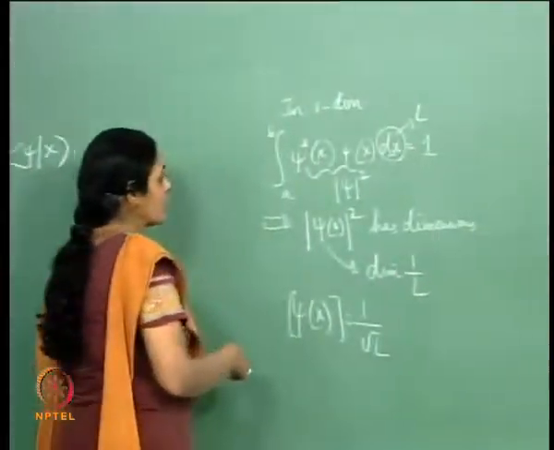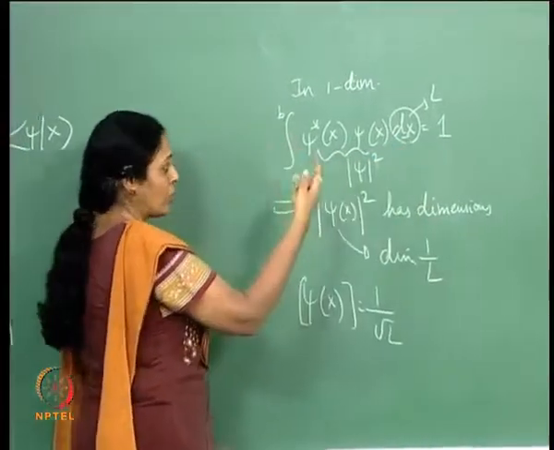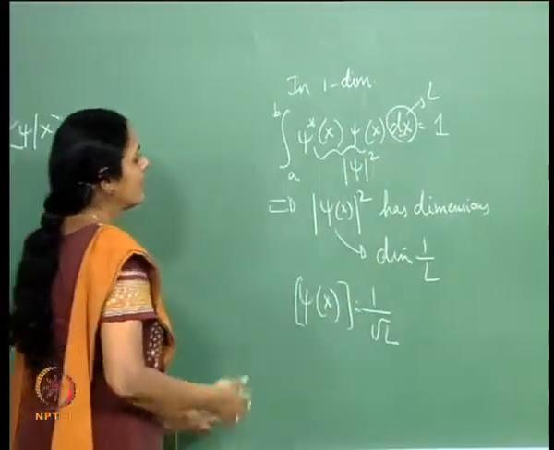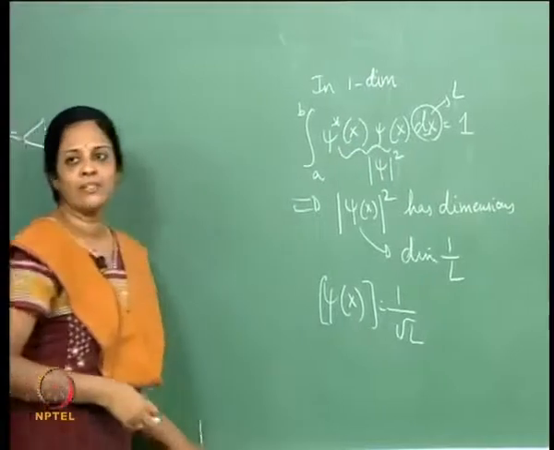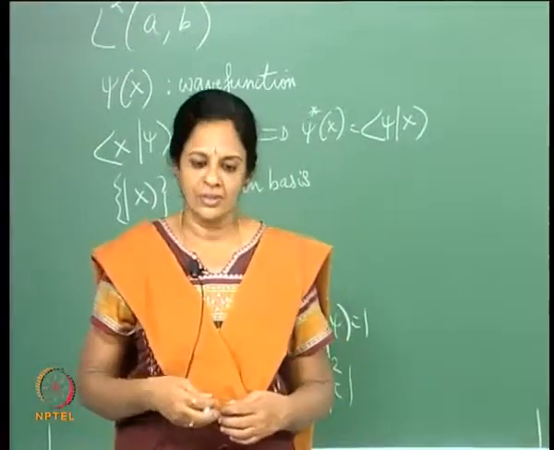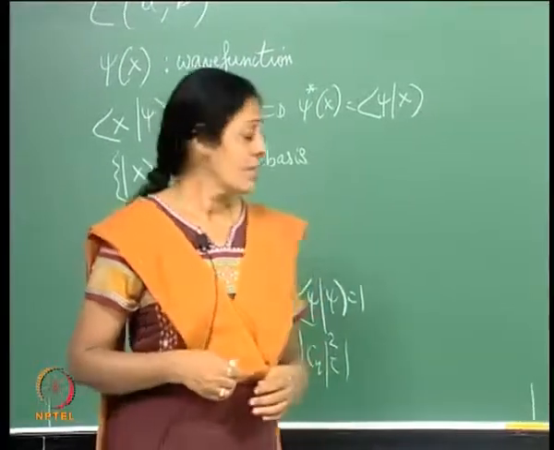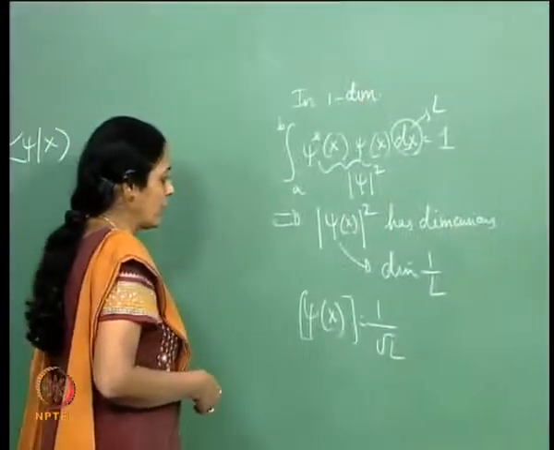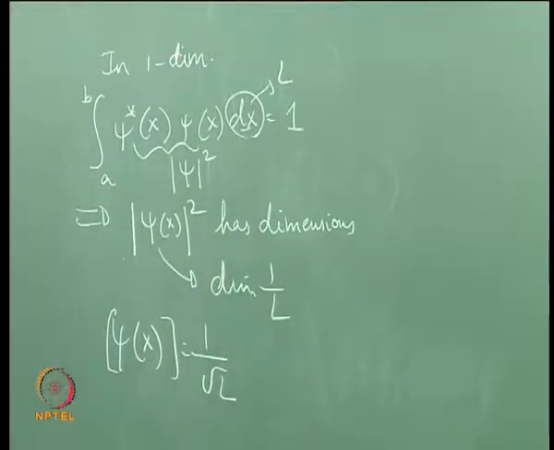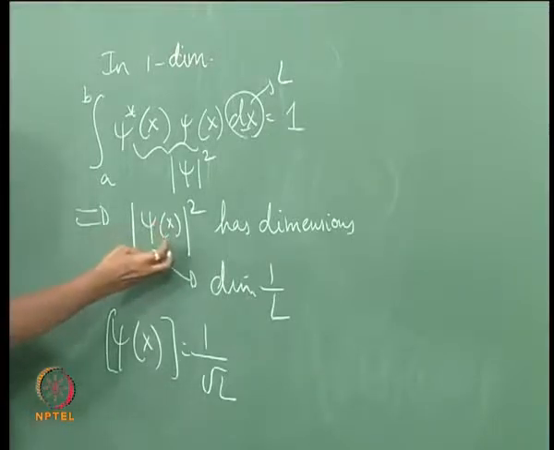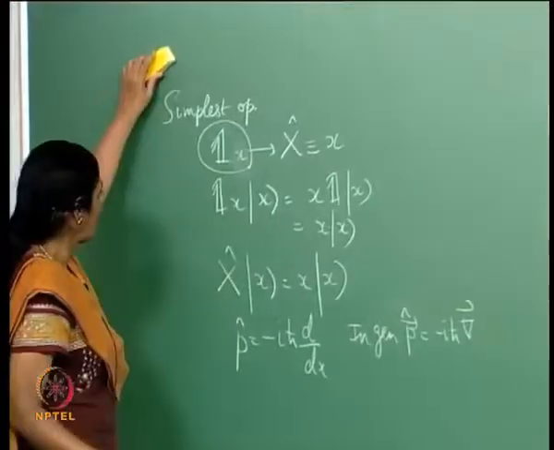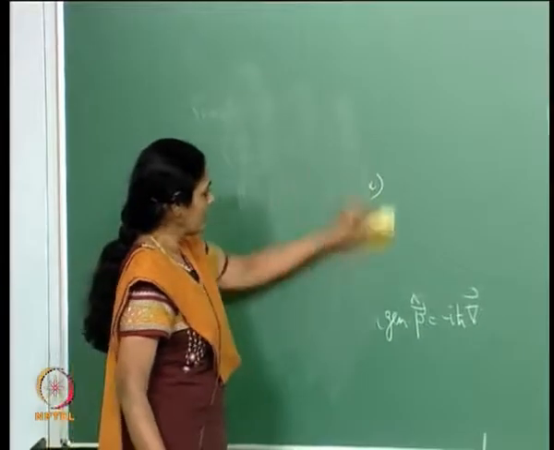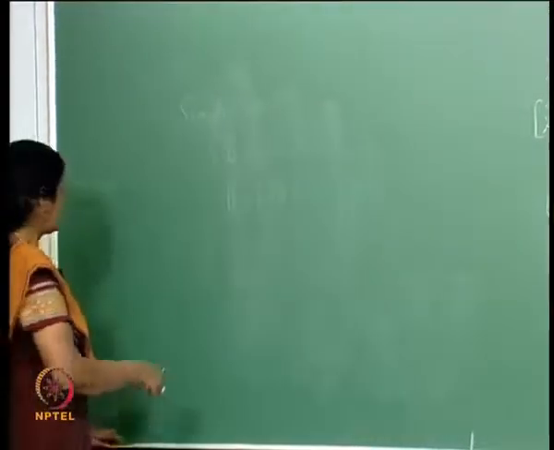And if you were working in 3-dimensional space, that would have been a dv, an elementary volume dv, which is dx, dy, dz in Cartesians. And that has dimensions L cubed, and therefore psi star psi would have dimensions 1 by L cubed, and the wave function in 3 dimensions would have physical dimensions 1 by L to the 3 by 2, and so on. So this is the way we look at the dimensions of the wave function. Needless to say that a very reasonable physical interpretation can be given to psi of x. We will augment and support our interpretation a little later, but as it stands,